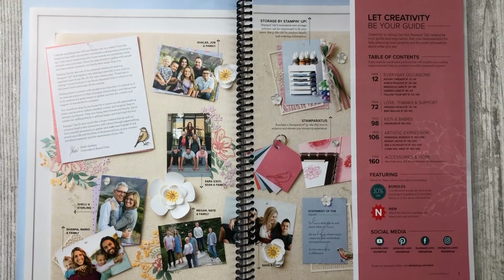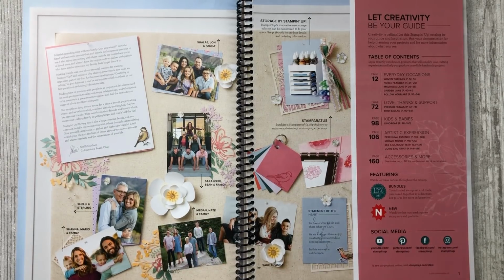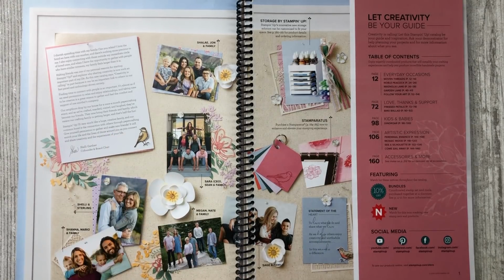All right, so let's start by looking at the first section of the catalog. This is page 1. The first page of the catalog just features a really nice message from Shelley about the power of connecting with others. And I can remember the first time I was introduced to Stampin' Up, I was instantly hooked on